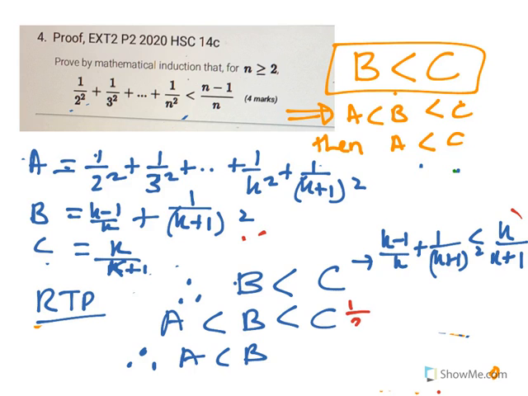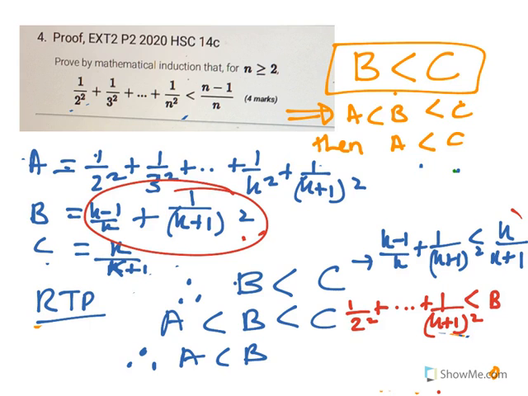So that would be 1 on 2 squared plus 1 on k plus 1 squared, like the sum to k, is less than whatever that b is just here, which is less than k on k plus 1. So therefore, 1 on 2 squared plus 1 on k plus 1 squared is less than k on k plus 1 as required. Therefore, by the process of mathematical induction, true for all integer n greater than or equal to